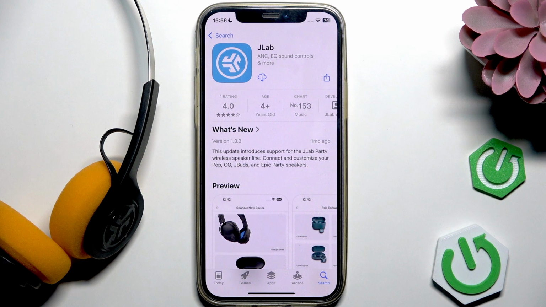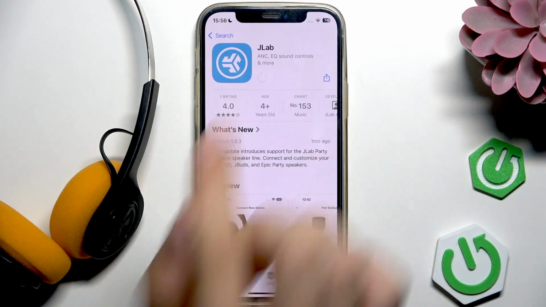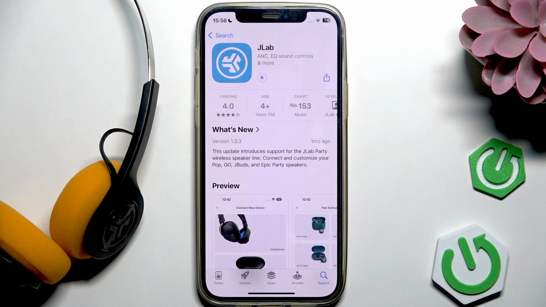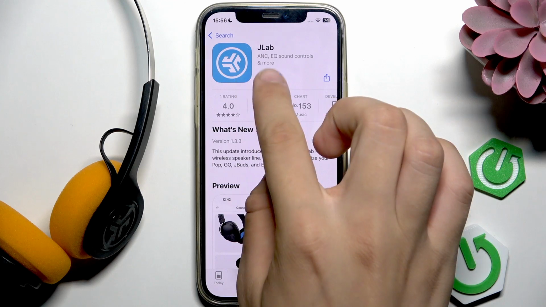As you can see, I do have this cloud icon. It's because I've got this application earlier. We just have to tap this download button and wait a moment. It depends only on your phone and internet connection status. Here we have to tap Open,